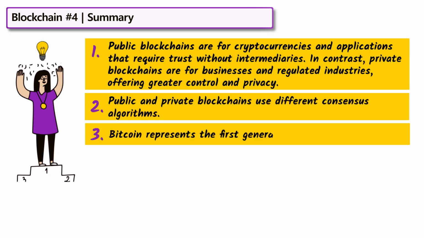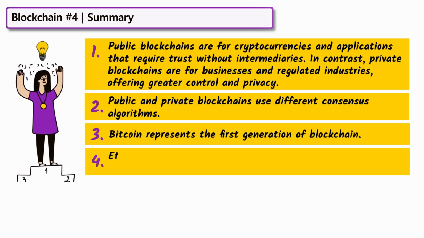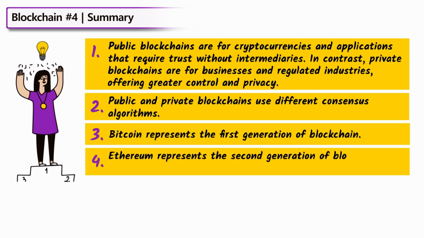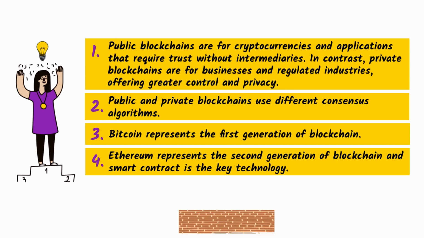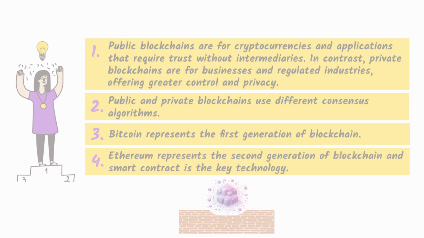Bitcoin represents the first generation of blockchain. Ethereum represents the second generation of blockchain, and smart contract is the key technology. Well, it looks like Lisa and all of us now have a solid foundation in blockchain to start participating in